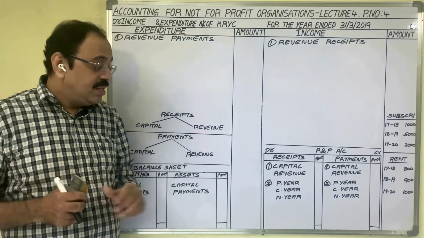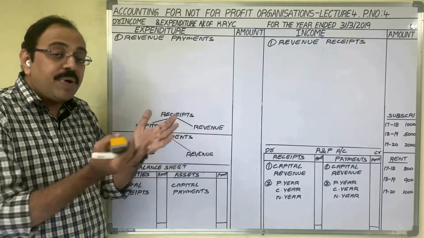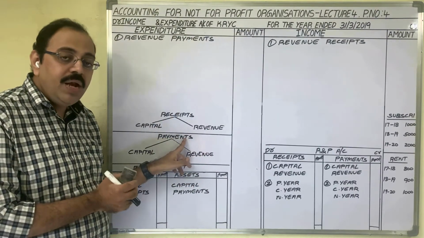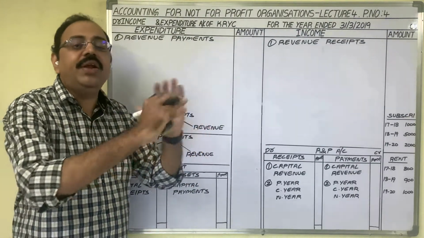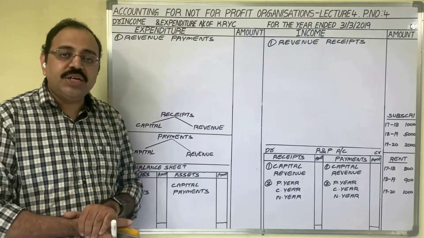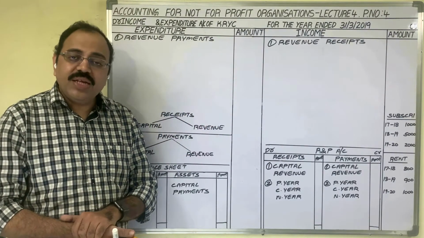So remember, what is the second difference? Because of a capital payment, present earnings increase. Because of a revenue payment, present earnings will be maintained. Then the third one is, because of a capital expenditure, one fixed asset comes into existence. For example,